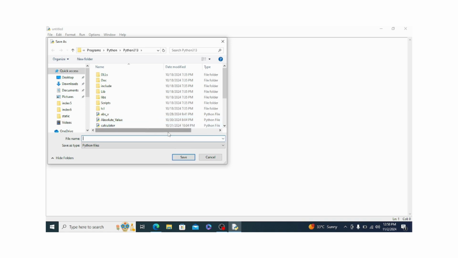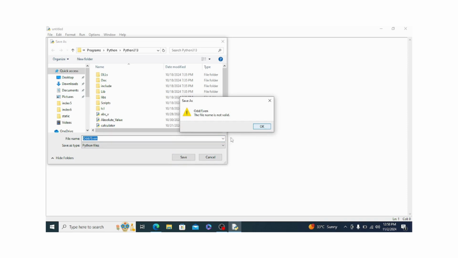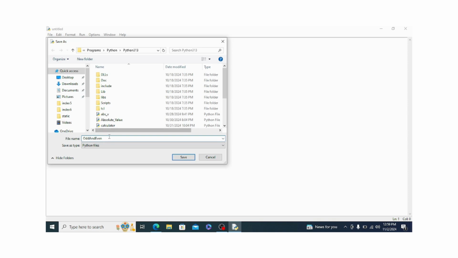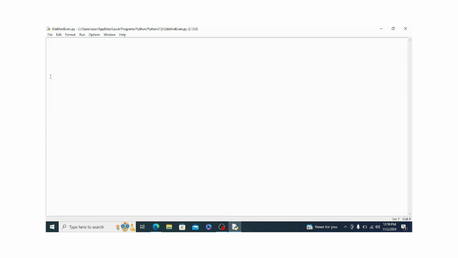I'll save as... Okay, it's not valid, so I'll just give it as int.python. Okay. So first of all, let's create a function called odd